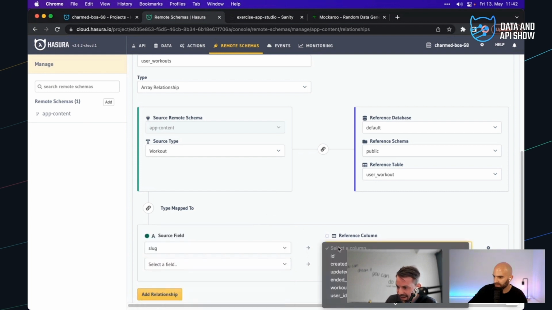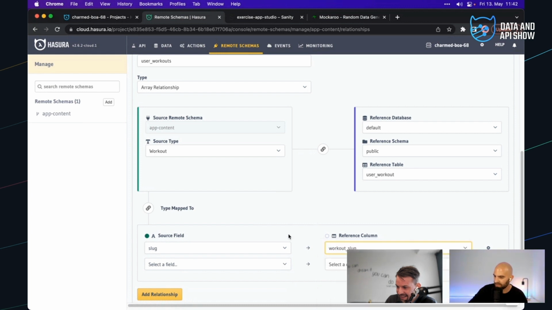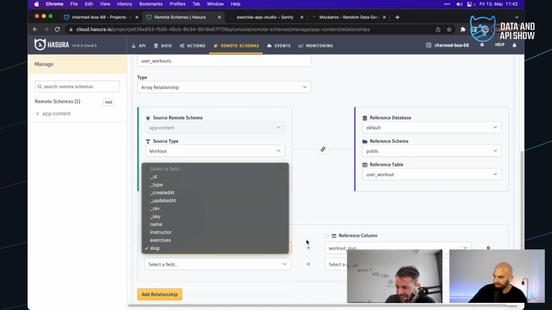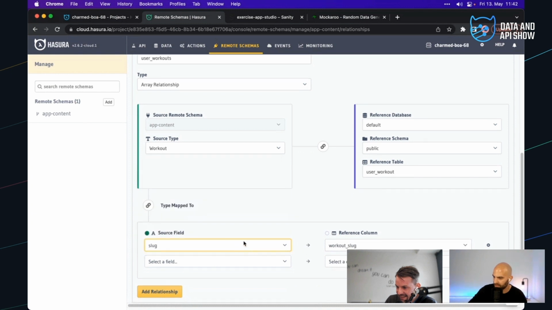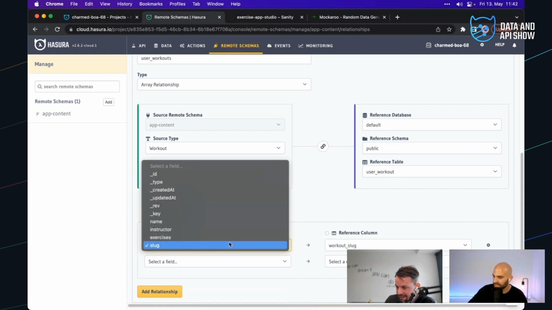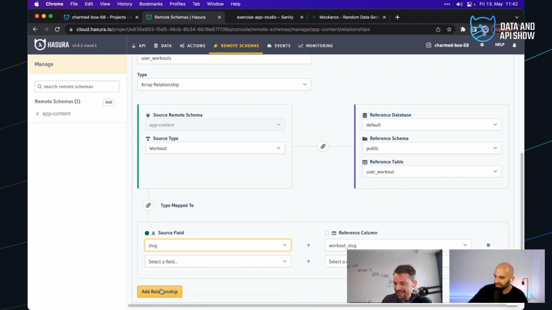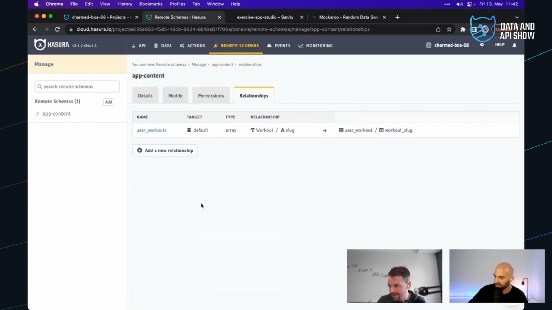We're going to find out. So it needs to go then to my workout slug, but I don't know if that's going to resolve. Let's see here. What can we do? Because I have a feeling that's not going to work. Well, let's figure it out. Let's try it, see what happens here. We can make it work, yeah. So it's pretending like it at least understands, but let's go ahead and iterate.